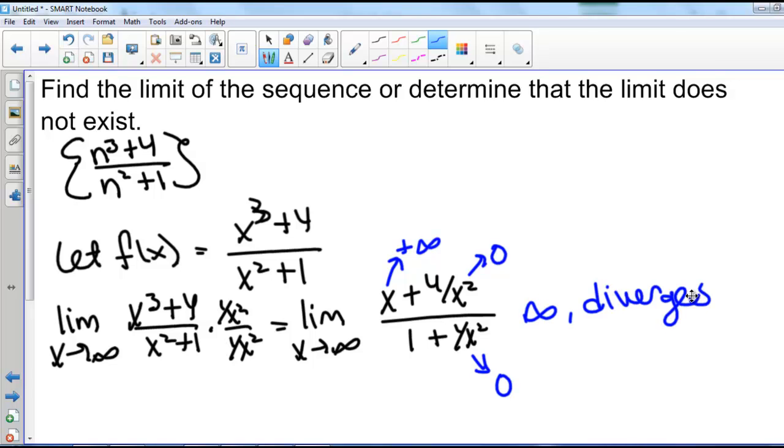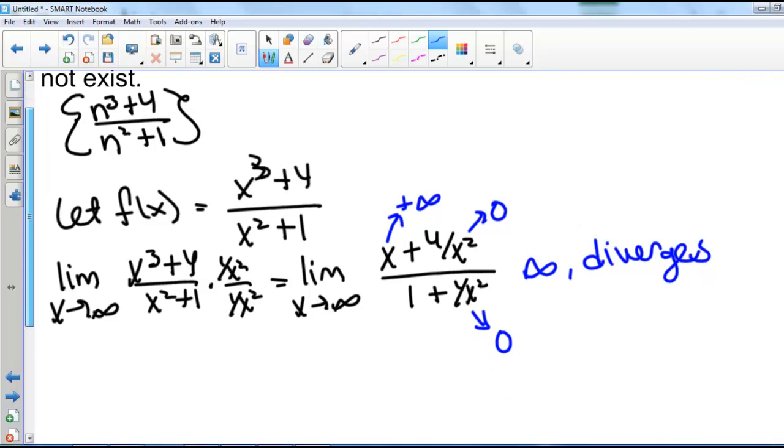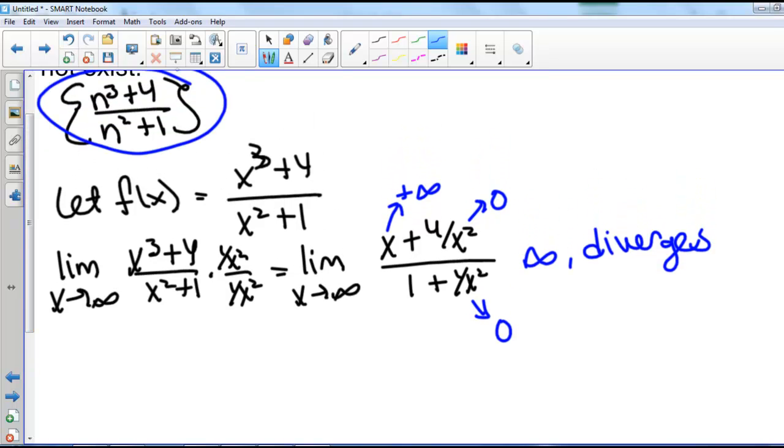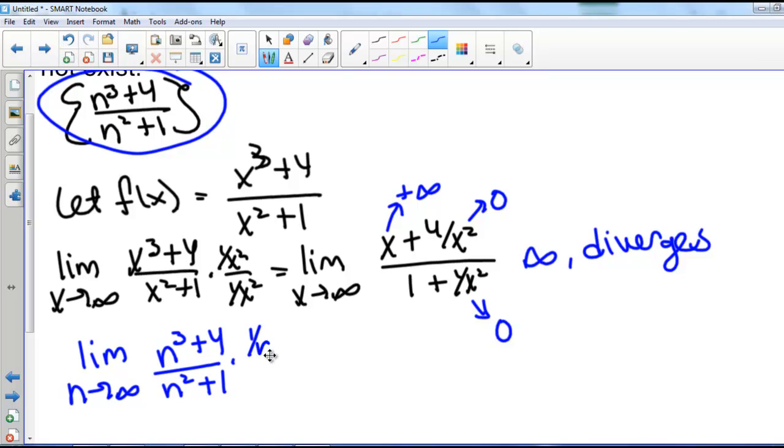This means that we cannot use our theorem to conclude that our sequence also diverges, because remember that if the limit as x goes to infinity of our function diverges, then that does not tell us anything about our sequence. But we can use other methods. We can use a similar method on our sequence. So if we look at the limit as n goes to infinity of n cubed plus 4 over n squared plus 1, and we multiply the top and the bottom by 1 over n squared,